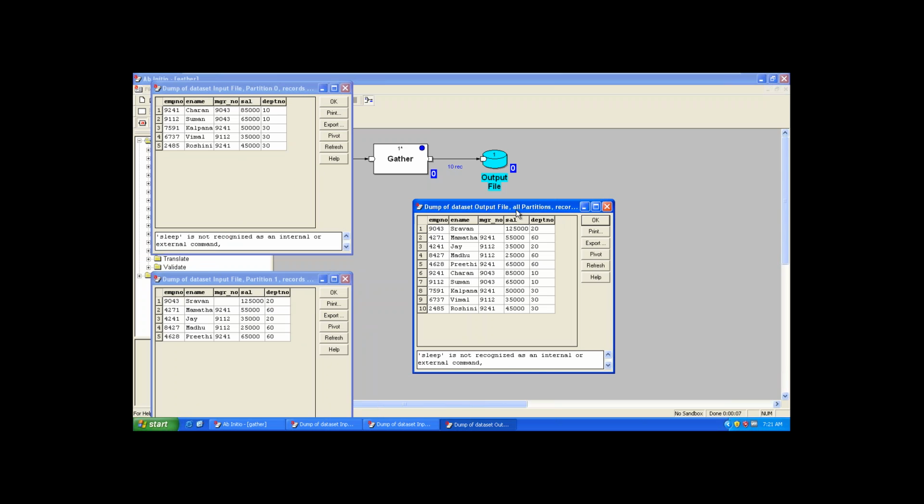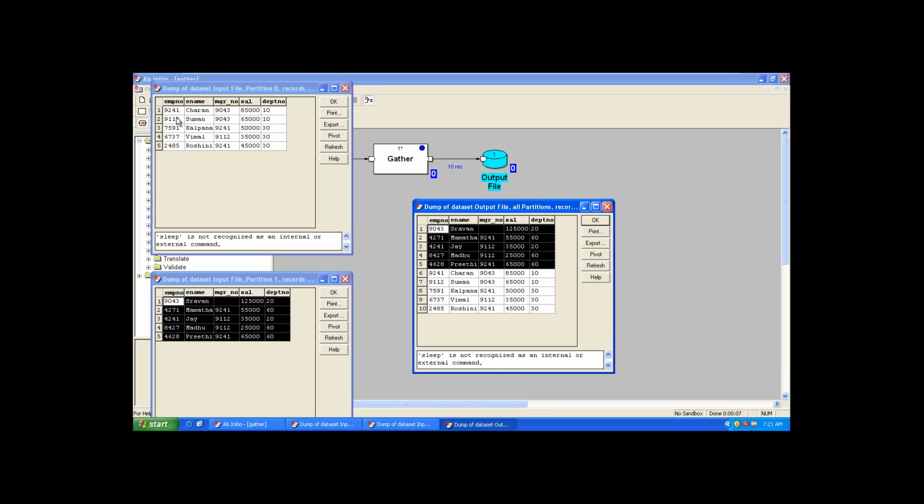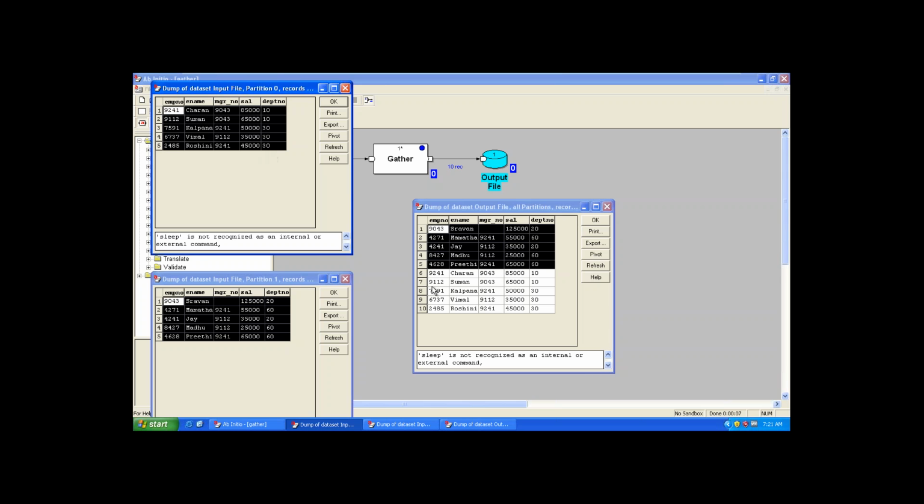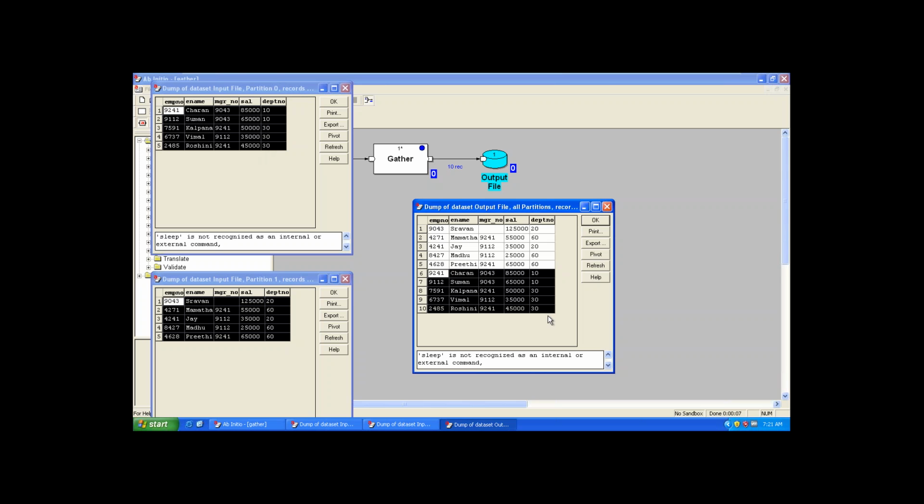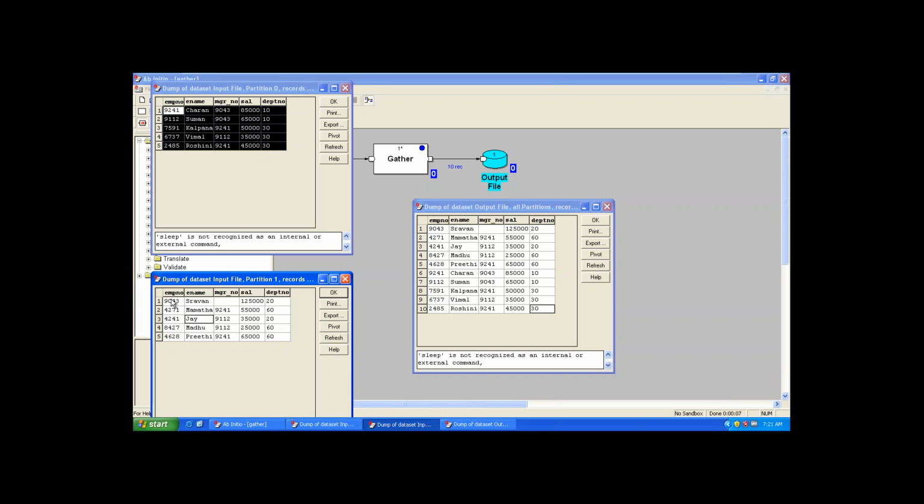So by looking at this output, don't get confused and say that all the records from in1 have been read, then all the records from in0. It's not like that. This is not the behavior of the gather component. The reason you are seeing this is that it has very few records. Each time it connects to each of the partitions and reads the data, it reads a bunch of